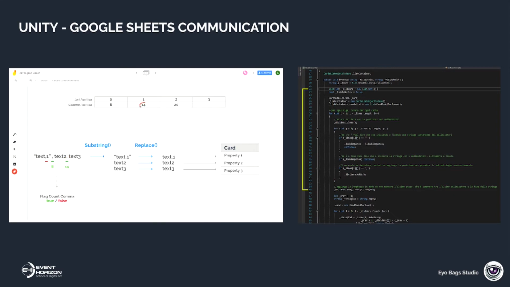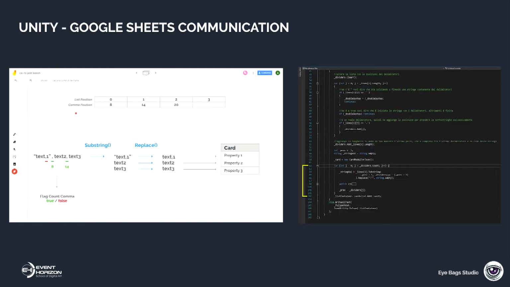For convenience, we also save the length of the string inside the list, so that we can manage without any issues also the last cell, without having to consider it as a special case. Now we can cycle the list containing the position of the separators, and thanks to the substring function we obtain the content of the cell. The content of the cell will then be given to the function replace to remove the quotation marks if there are any. For this reason, we decided to not use quotation marks inside the cells so that we could avoid an